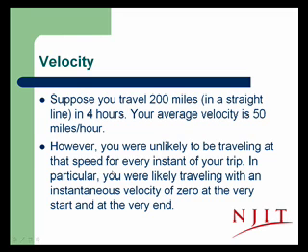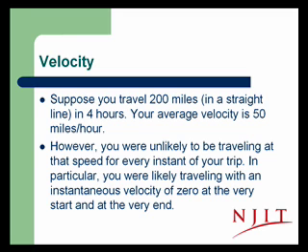This concept comes up every day in terms of velocity. Suppose you travel 200 miles in a straight line in 4 hours. Your average velocity is 50 miles per hour. However, it's unlikely that you were traveling at exactly 50 miles per hour at every instant during your trip. In particular, you were likely traveling with an instantaneous velocity of 0 at the very start and a 0 velocity at the very end. And in the middle, you might have been going faster than 50 miles per hour. So that represents the difference between the average velocity and the instantaneous velocity, which is what you see on your